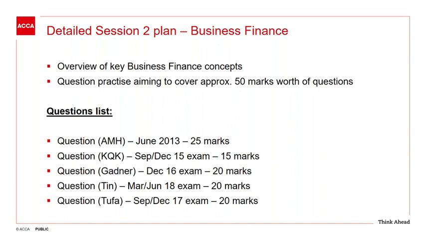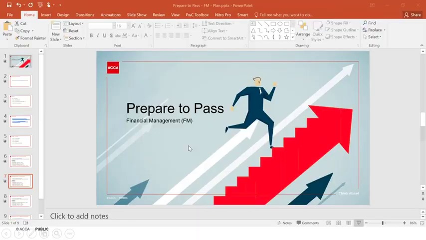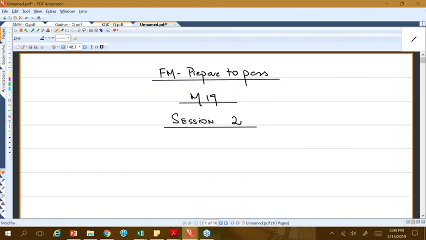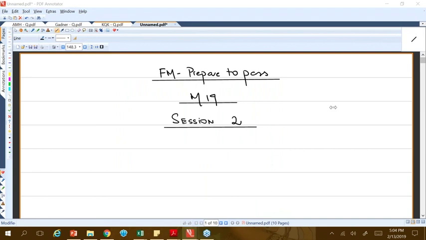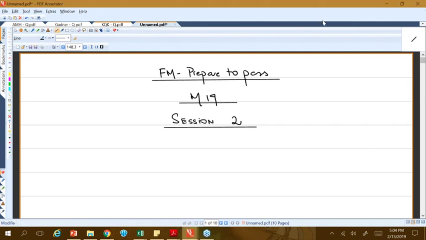So here is the plan for the session. As always, without wasting any time, we can go into a bit of an overview of business finance. Within business finance, the major area for today is to look at cost of capital, and within cost of capital, the idea of WACC. Our aim for this session is to go deeper into concepts on cost of capital, which will then clear up many of the questions or confusions you may have around this area.